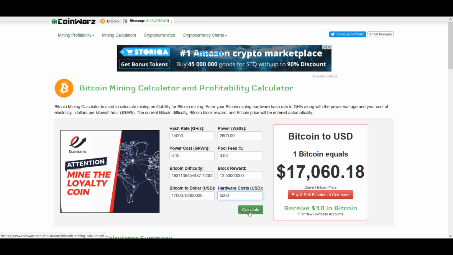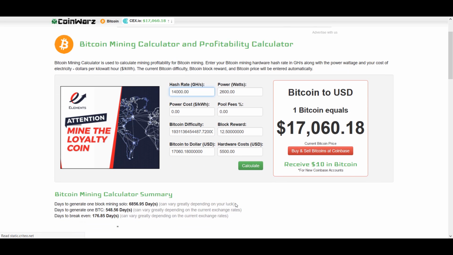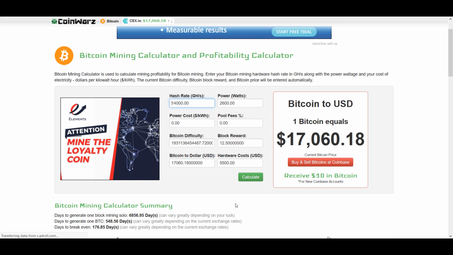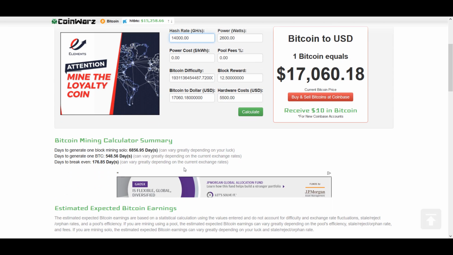And let's calculate. In fact, we'll just put power cost at 0. Of course, you need to know what your power cost is and put it in. The reason I'm putting it at 0, I'll show you in a moment. So right now, on $5,500 for the Antminer at 14 terahash, it would take you 176 days to break even,